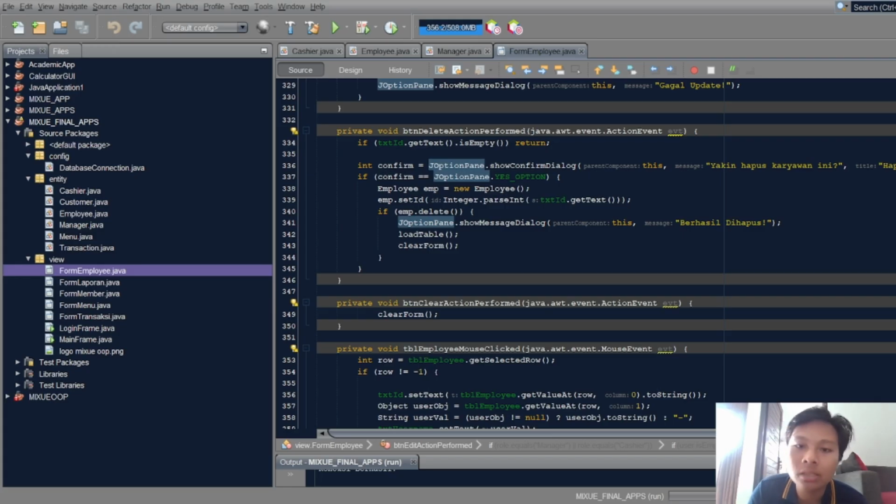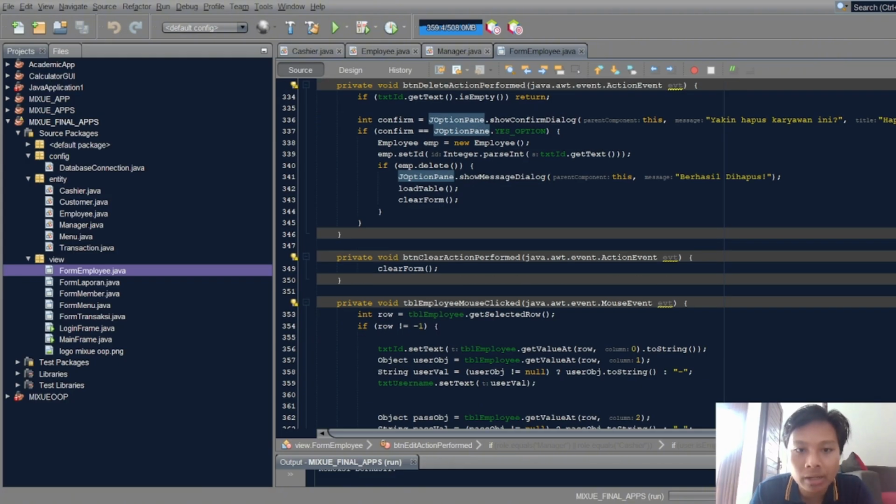If the option is yes, we create another object. Employee emp will create a new object called employee, and then emp will set the id with the parameter id, and we call the txt id from the text field. The id will be parsed to integer, and if that runs, emp will delete.